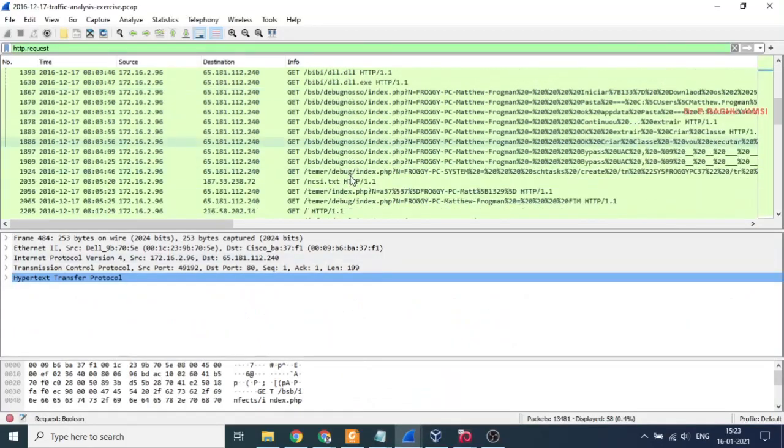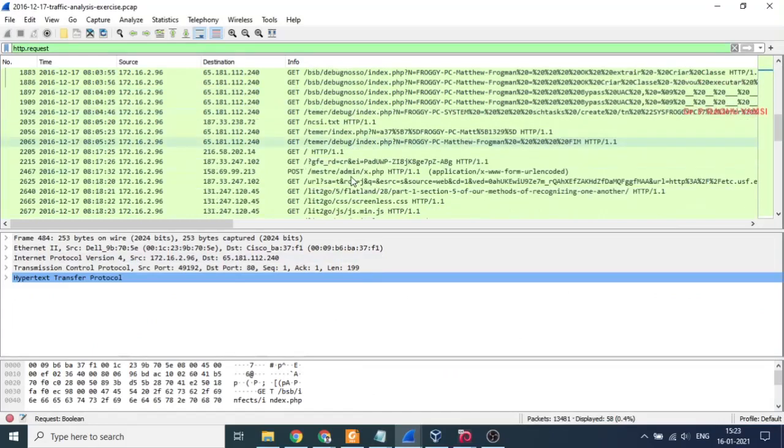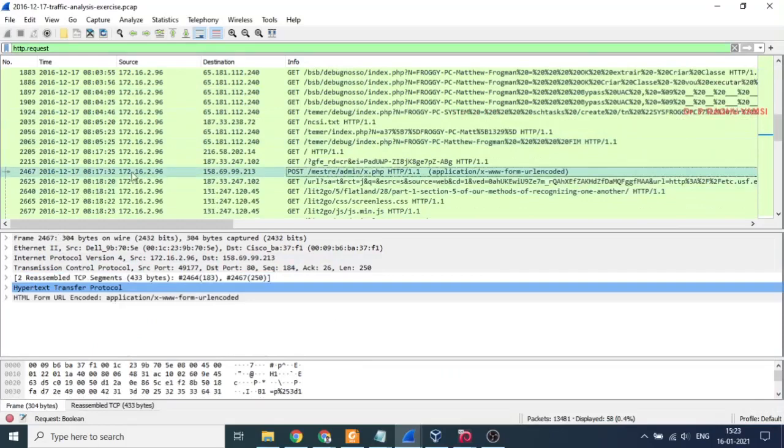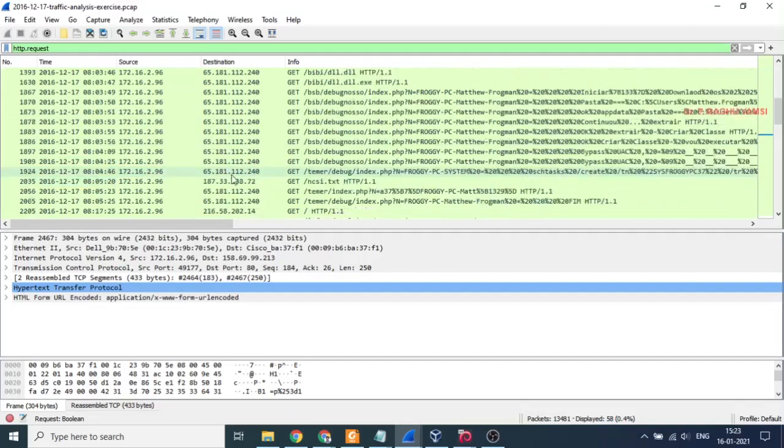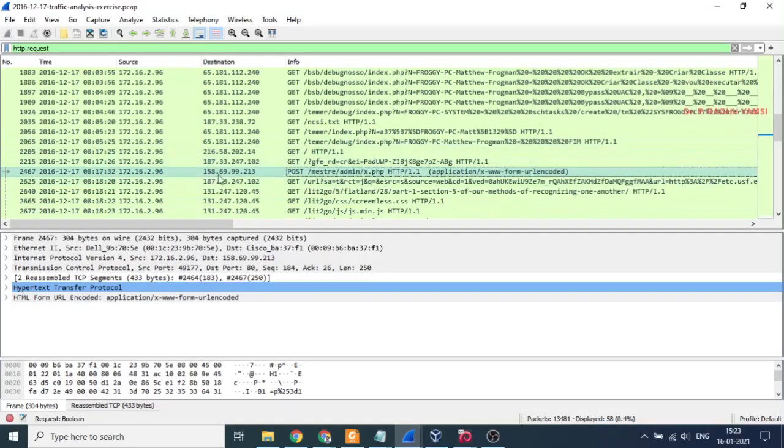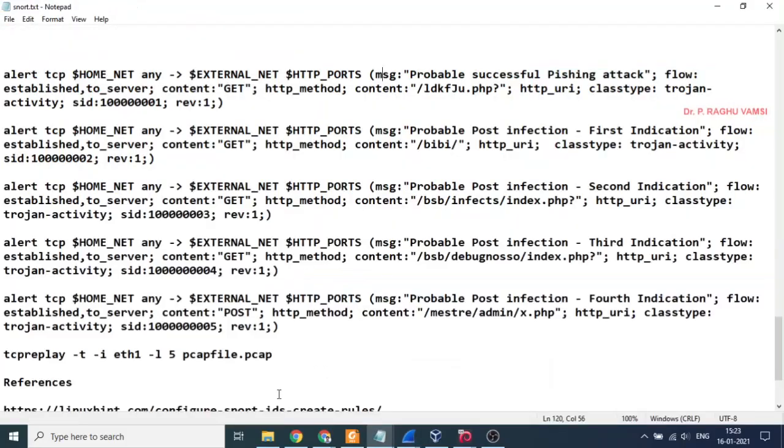at the same time, another thing is this one with a POST request. So same IP address, same home network, but with a different external network. Here up to 65 dot is a similar network, but if you look at 158.69, this is a different external network. So far we are using the GET method, here we are using the POST method. That means a POST request has happened. So this has to be written here.